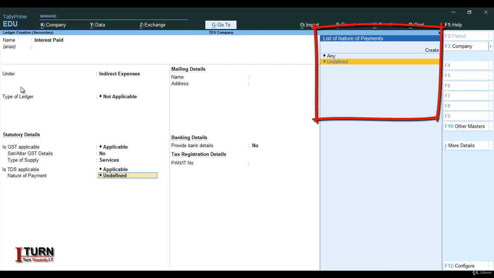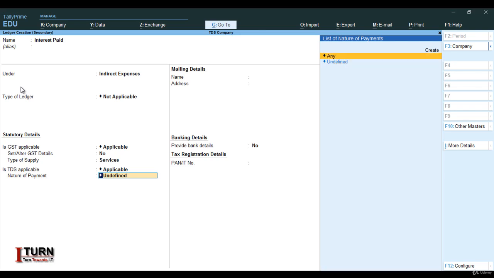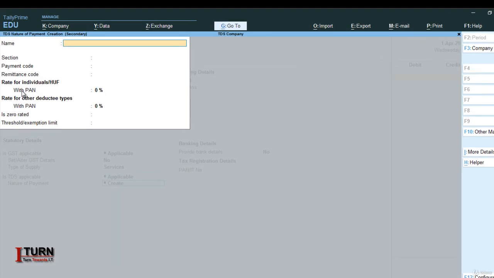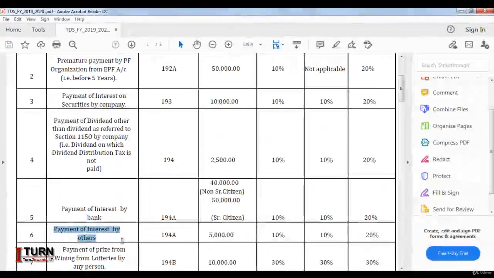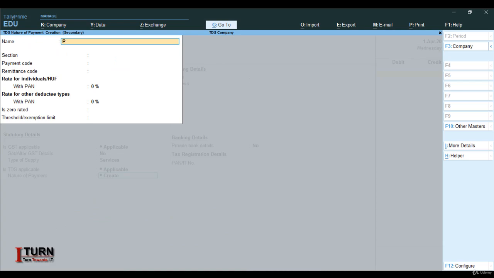In the previous versions there has to be a list before the GST part, but right now I don't know why they have not fed it yet, but we need to create it. So we will have to go to the create option, nature of payment, now name. From here I'm going to take help, so it's going to be payment of interest by others. You may keep the same name, payment of interest